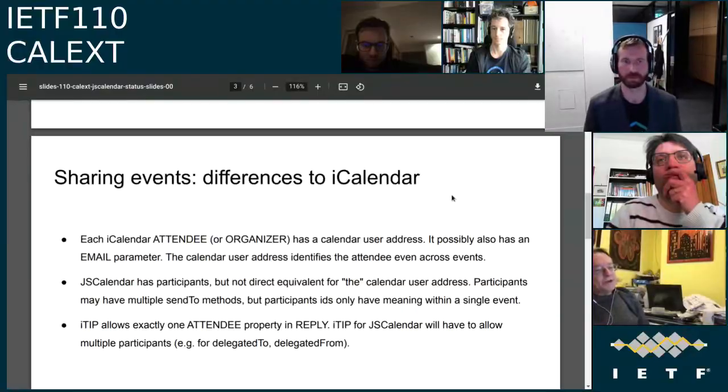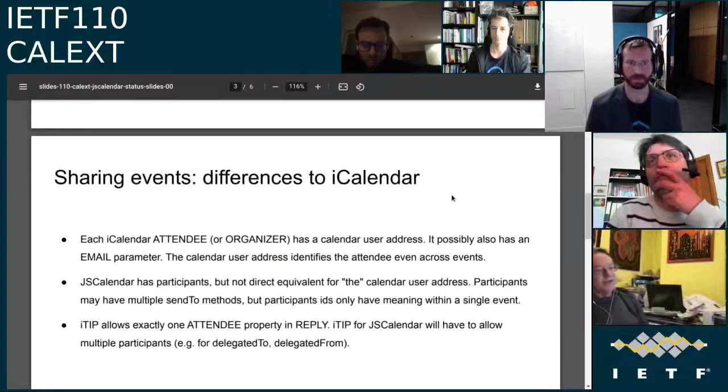So we need to ensure that those parameters work, and I think sent by having a participant ID is actually a more complicated way of dealing with it. If we can fix on what actually the calendar user address is, then that could be the value of the sent by as it is in iCalendar, and you don't need to add extra participants.